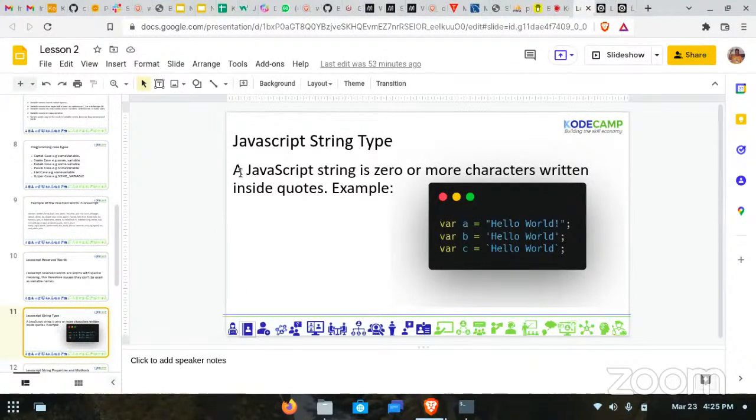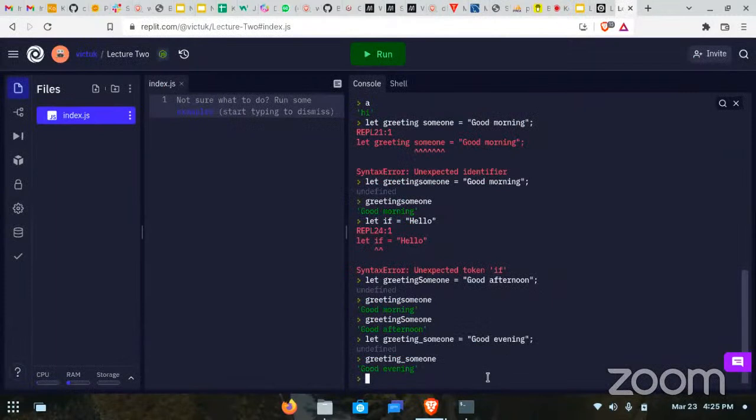Now notice what he said. A JavaScript string is zero or more characters written inside quotation marks. So it's zero, which means you can have a string being maybe we write, let's